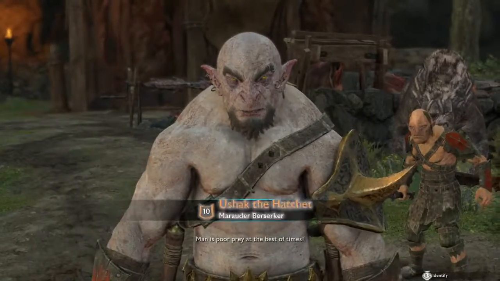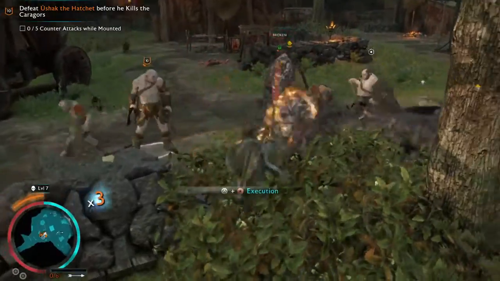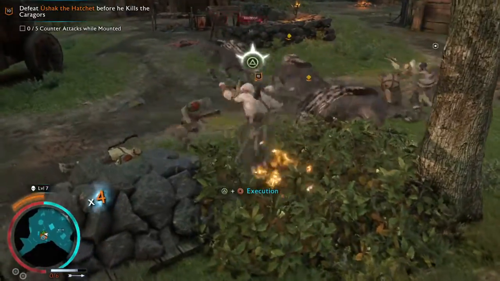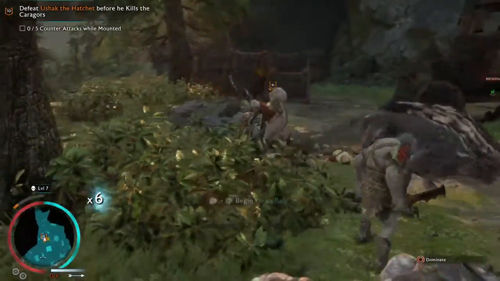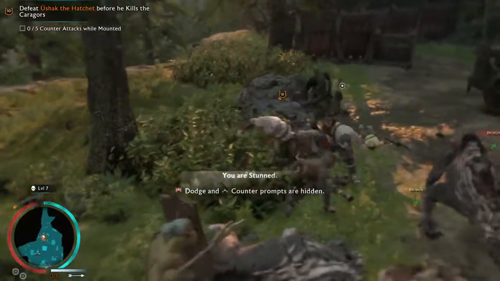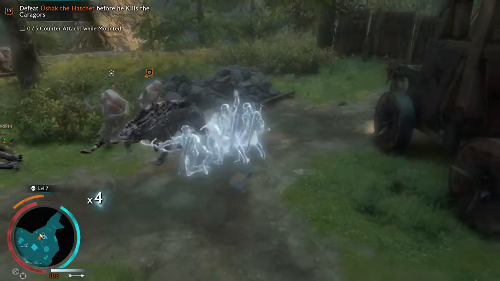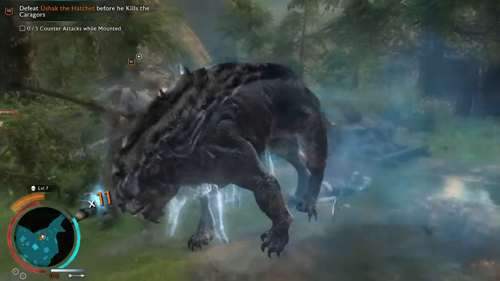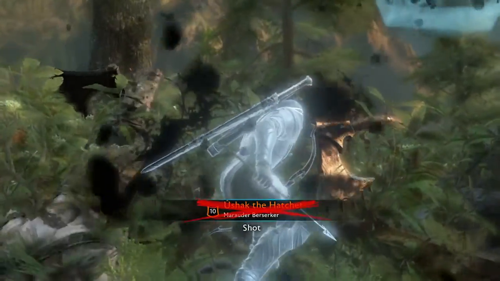Man is poor prey at the best of times. Well, I guess it makes sense. Oh no. Alright, so I used my execute. The downside is I wound up using it on the Karagor instead of on him. But I still have Elven Rage, so...